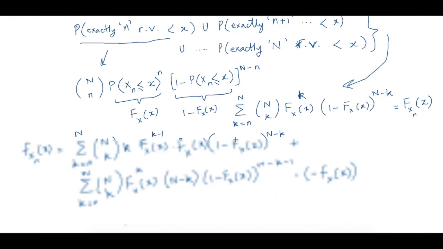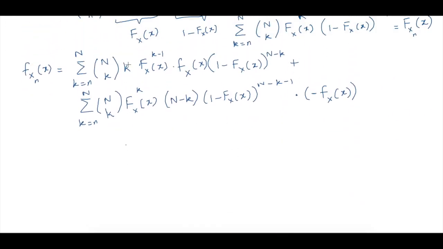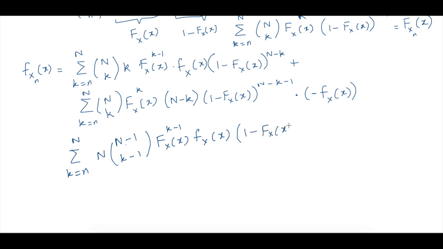Then k times this becomes n times (n minus 1 choose k minus 1), and then I have k equal to n to n, F_X(x)^(k minus 1), f(x), and then (1 minus F(x))^(n minus k), and then I will say minus here, and I can say k